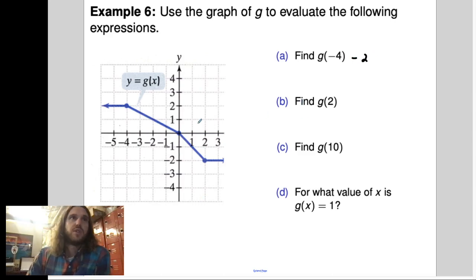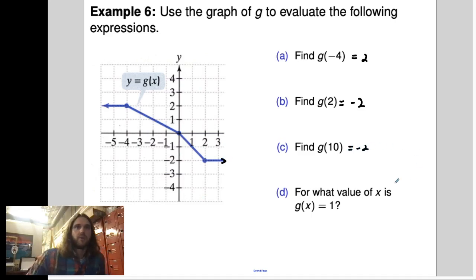Okay, g of 2, where's g of 2? Well, you look at the x value 2, where's my function at? Oh, it's down here at -2. Oh, come on. That's an equal sign. Should be one showing up down here, hopefully. Apparently not. -2. Okay. G of 10, we have an arrow continuing on over here. You can't really see it. 10's off my graph, but I know that this line continues straight based on the arrow that's happening here. So the height of my graph when x is equal to 10 is still